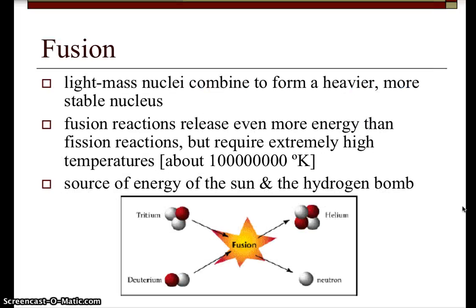With fusion, here you've got the opposite process, smaller atoms combining to produce much, much larger ones. This is what you see in the